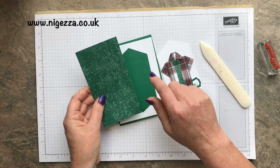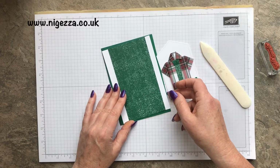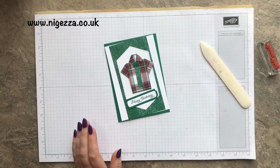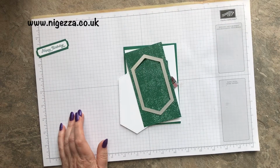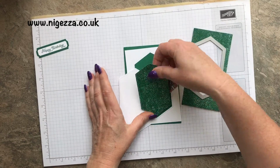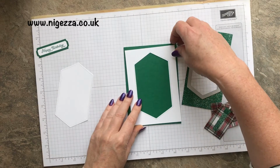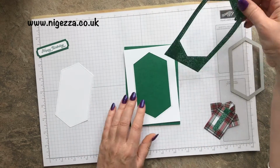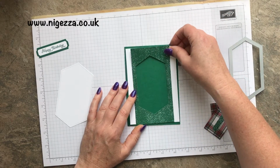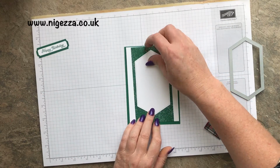cut another one of these out to save on cardstock. And I've got that for another card. Might do that. There we go. Everybody likes to stretch their stash a bit, don't they? So I'll have that for something else. And you will never notice because I cut it with a smaller one than the one that's cut out, so that will layer over the top